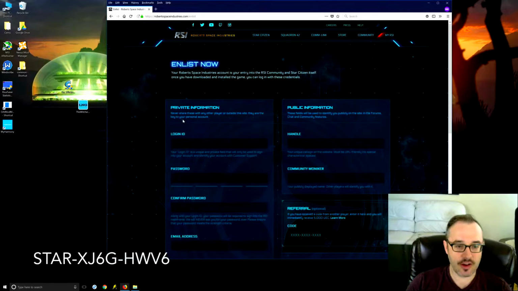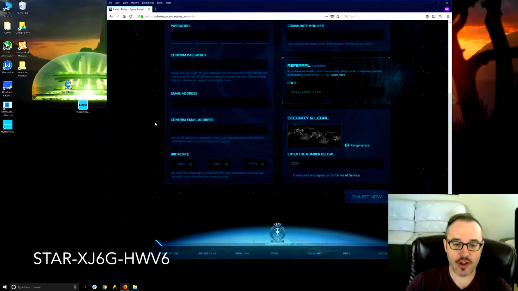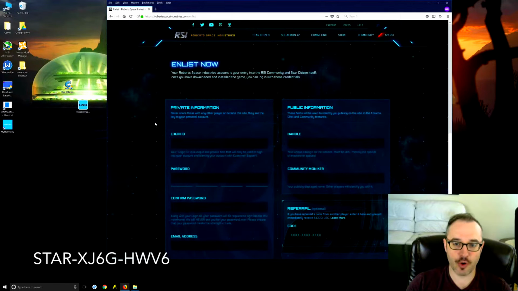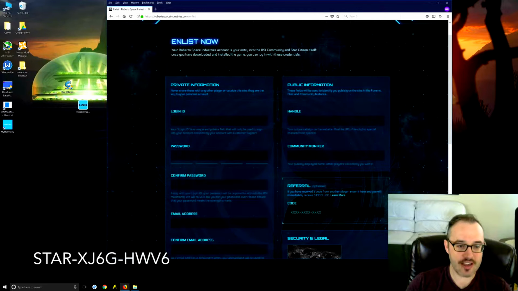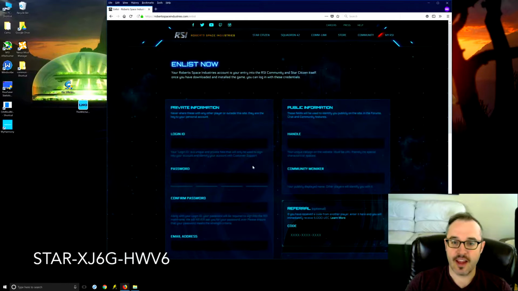So the account creation screen is not unlike probably several other account creations that you have gone through. You're going to create a login ID and a password. You're going to confirm your password because you don't want to get that one wrong. You need an active email address, and you'll confirm that email address. So just enter all of these. Your login ID is what you're going to use. It's mostly private. And it'll be your username and then your password, your birthday,